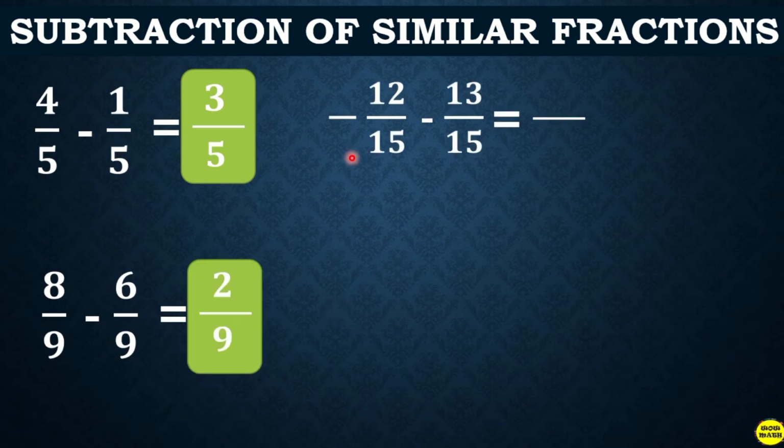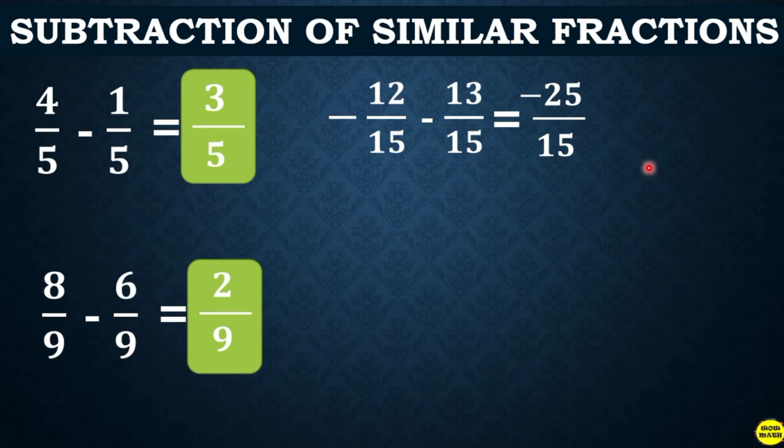Another example, so I have here, we already have a negative. So what will we do? We just copy this. Negative 12 minus 13, that is negative 25. So we just combine them, negative 12 minus 13, that is negative 25 over 15. We just copy the denominator. Now, as you can see, this is improper. So, our answer should be a